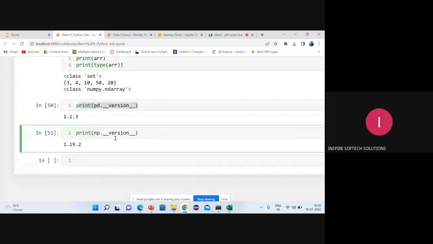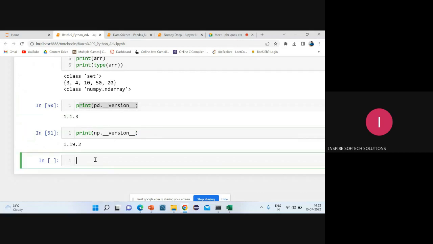Now, how to create a numpy array using an n-dimensional object? We have discussed that already, so that is the n-dimensional array we are using. Now, how to figure out the dimension? How many dimensions do we have? Like how to go with 0D, 1D, 2D. We'll discuss one by one.